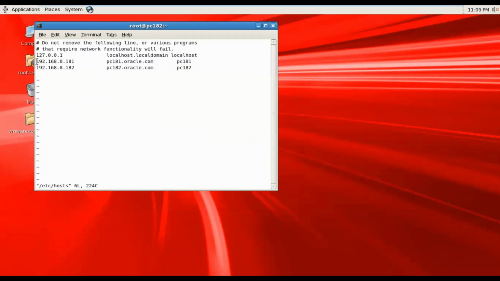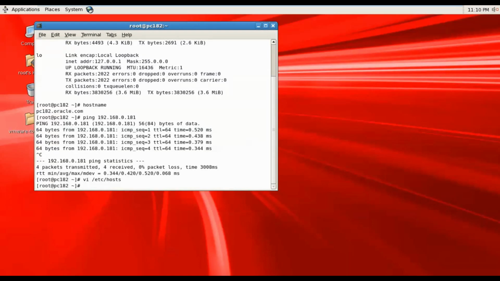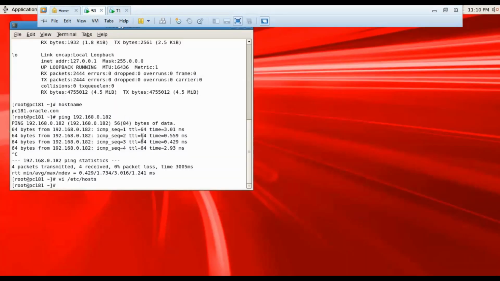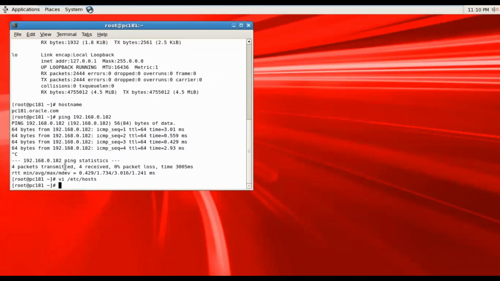You can see here 181 and 182, the IP addresses, the fully qualified FQDN entries, and the short host names, PC 181 and PC 182, and PC181.oracle.com and PC182.oracle.com. So the network side is done, and now I'm trying to ping with the host name.